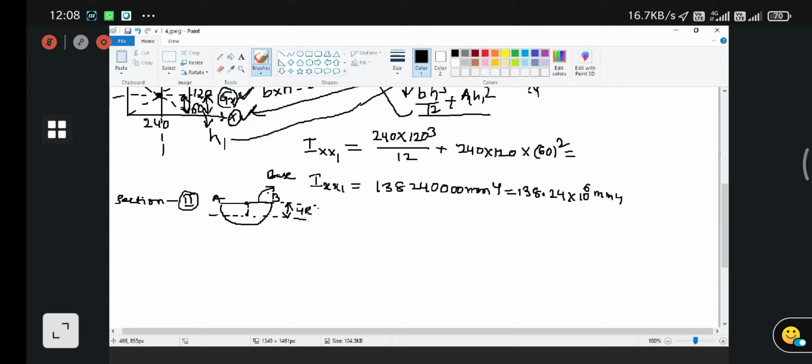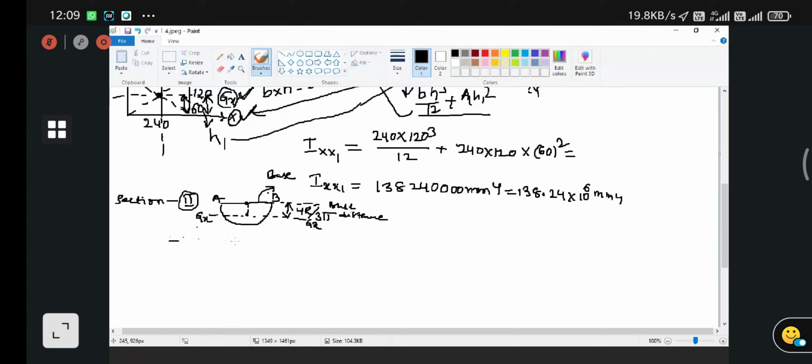That is equal to 4r by 3 pi. If you recall the concept from the centroid chapter, the centroid will be located exactly at 4r by 3 pi distance from its base. So why are we finding its centroid? I want to find the centroidal axis moment of inertia first of all.